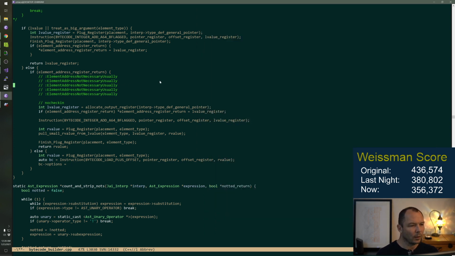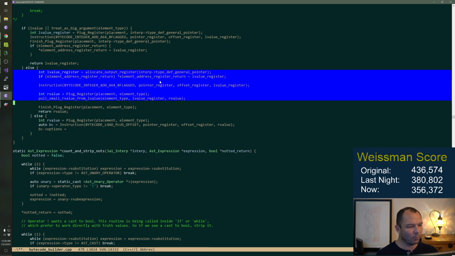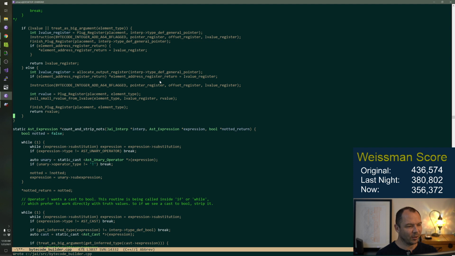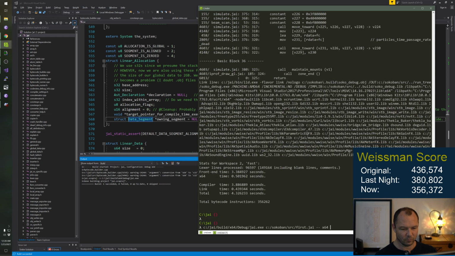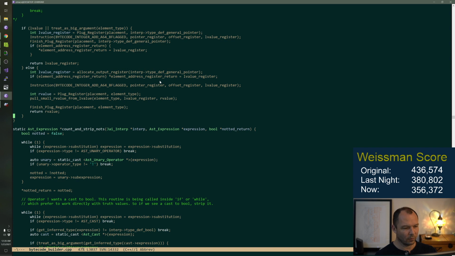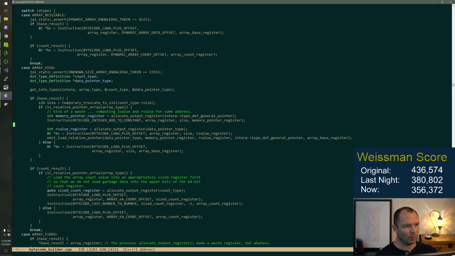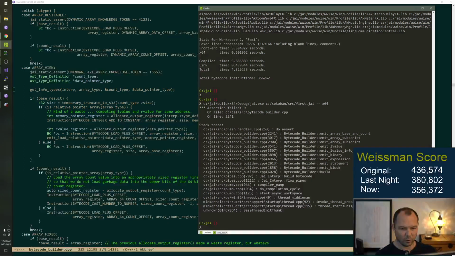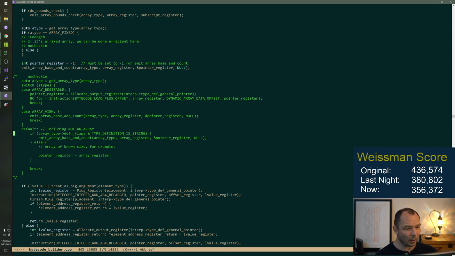Okay. You know what? We've screwed with a lot of things. Let's just make sure this still works for a minute. Probably doesn't. Emit array base and count. Array fixed, array view, array resizable. Oh, I guess none was an option, right? Default, including not an array. Okay.